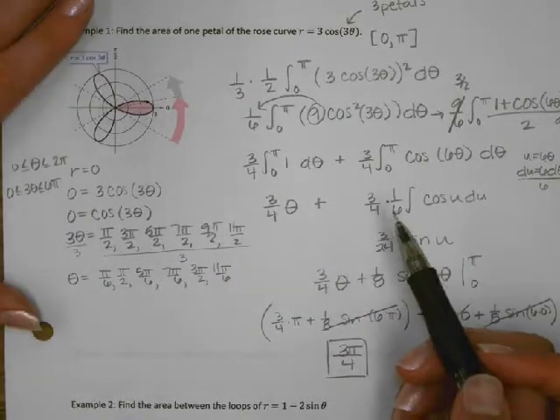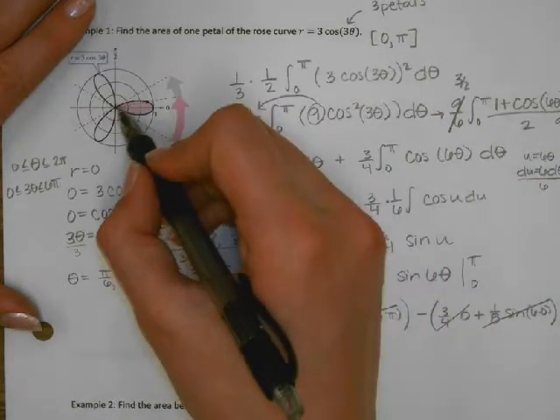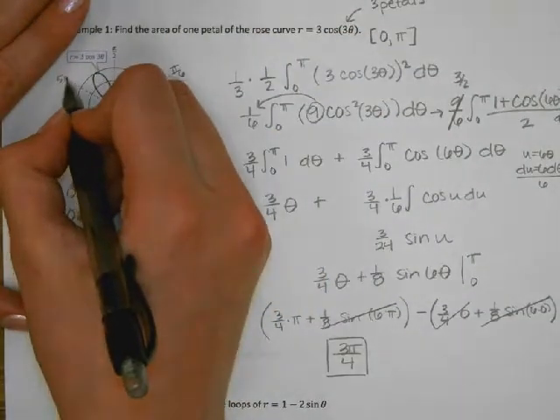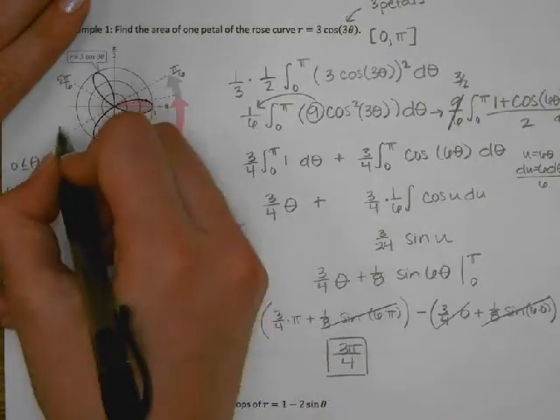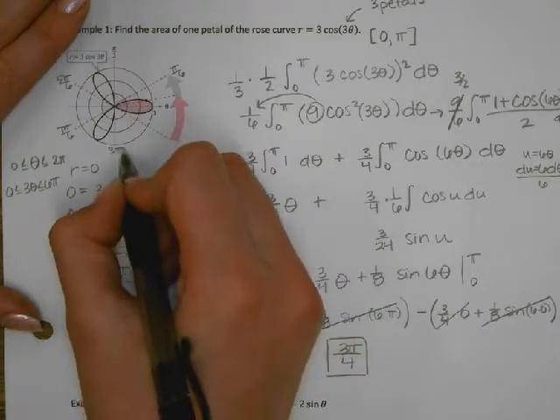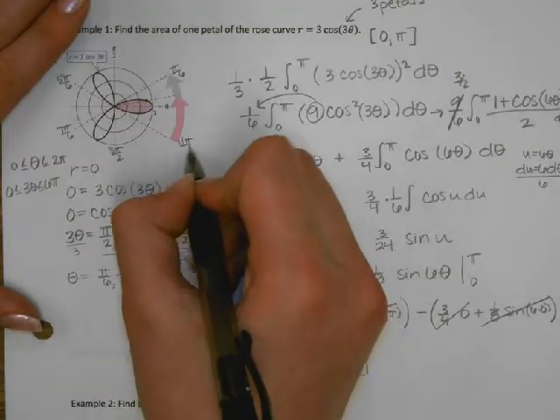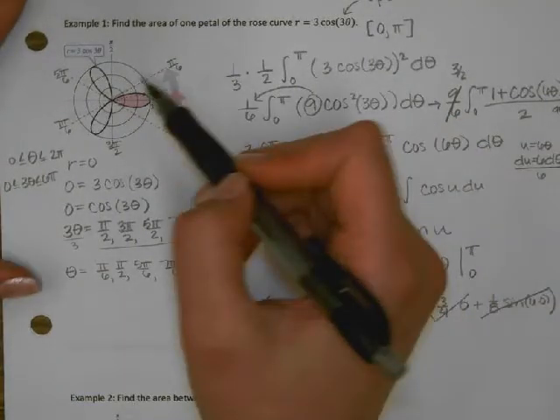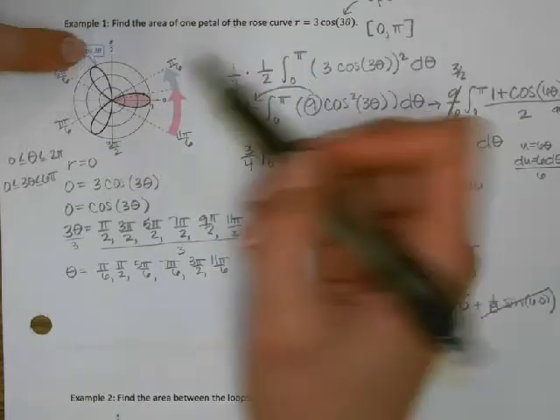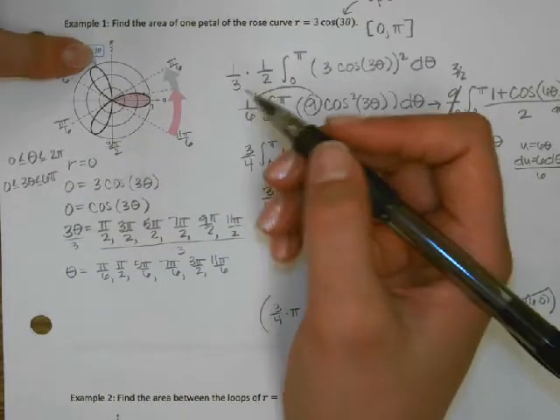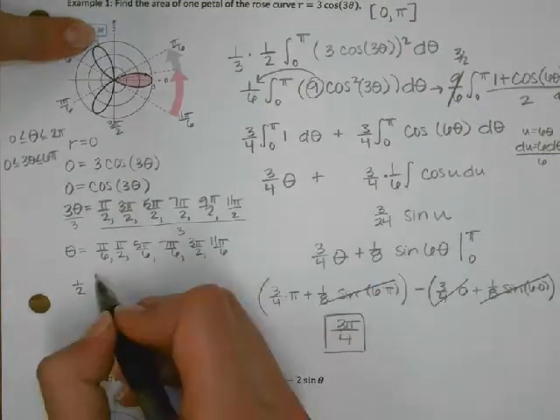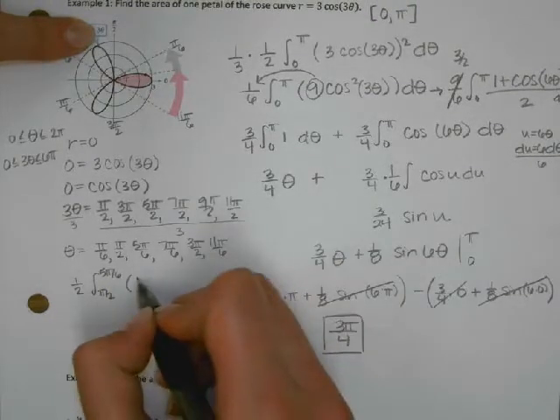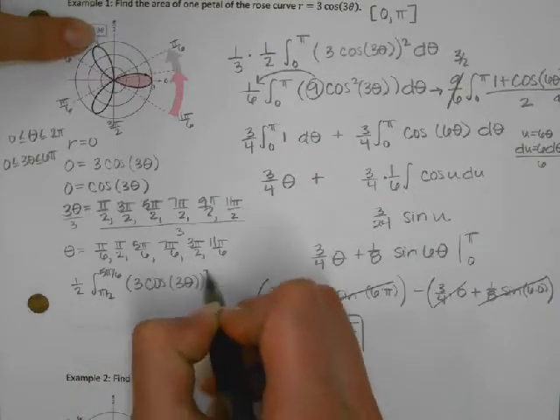So if you look at this picture, you can see here's my pi/6 right here. And there's my pi halves, and then here's my 5 pi/6 over here. And then here's my 7 pi/6, and my 3 pi halves, and my 11 pi/6. So to find each of these petals individually, you just have to use the angle measurements that sandwich the petal. So if I wanted to find this petal right here, I could sandwich that petal. I would say that's 1/2 integral of pi halves to 5 pi/6, and then I'd have 3 cos 3 theta,